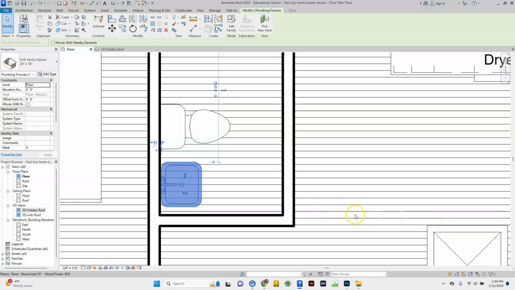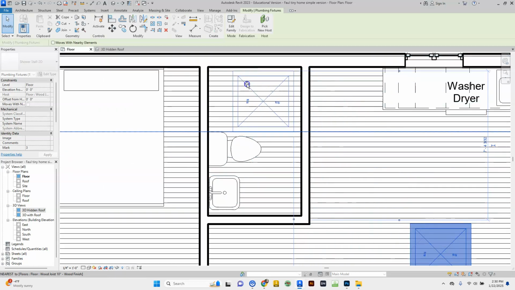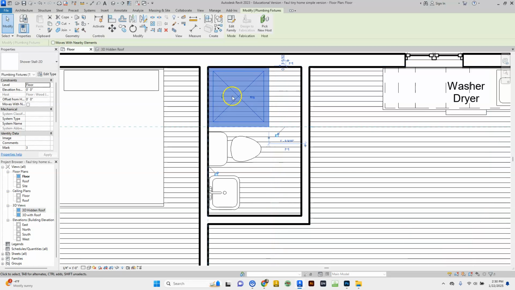Now let's see if I can move my shower in to my bathroom space. Yep, and it is actually letting me move it in. And I'm going to place the shower in the corner. This is not really ideal as far as the space to get in. So I think I'm going to actually change around the layout of my bathroom just a little bit, because I don't ever want to step over the toilet to get into the shower,